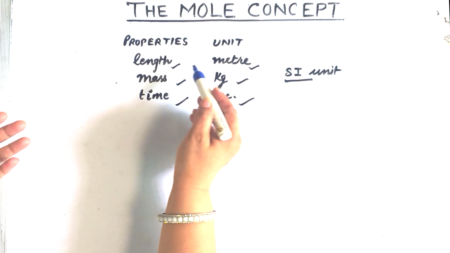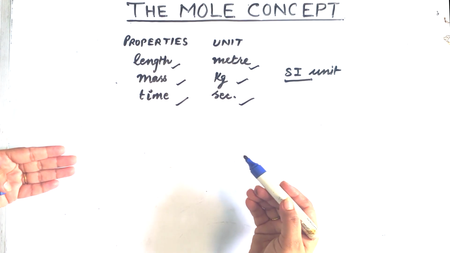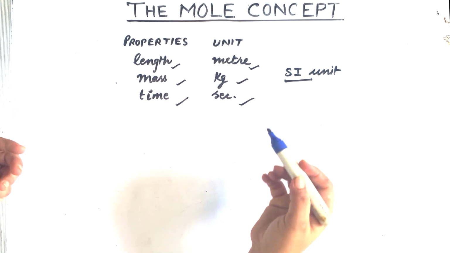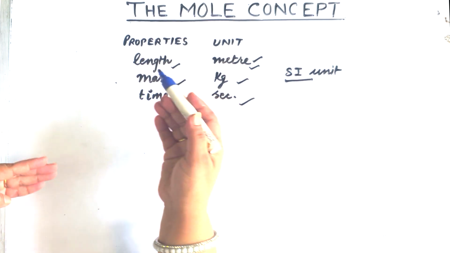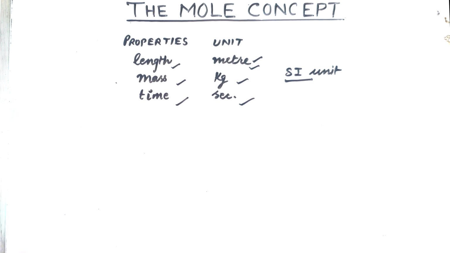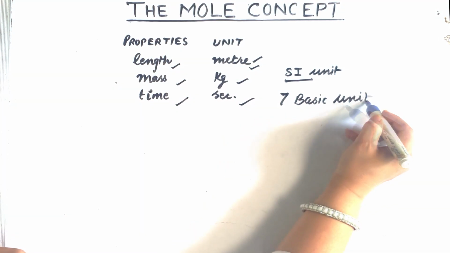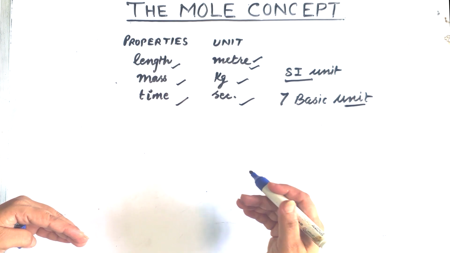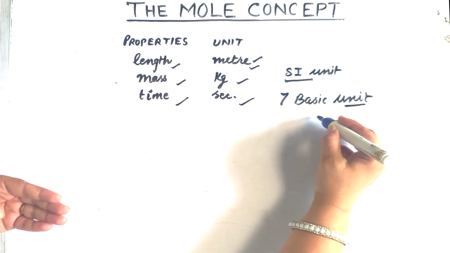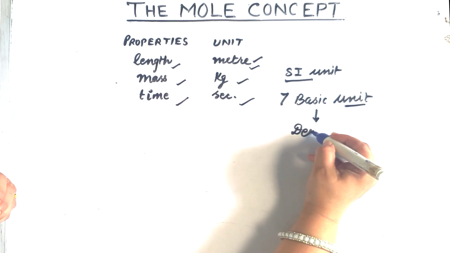For example, length can be measured in meter as well as in centimeter. We can measure it in inches, feet, etc. But in the SI system, meter is the unit for measuring length. The SI system is accepted internationally, and all the countries have to follow this system, and we have 7 basic units given in the SI system. These 7 basic units are used to make other units, and these units which are made by using the basic units are called derived units.